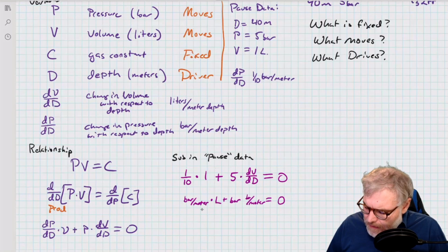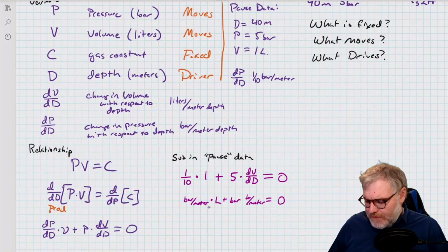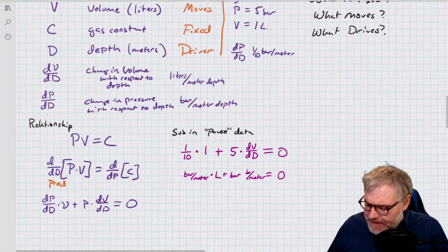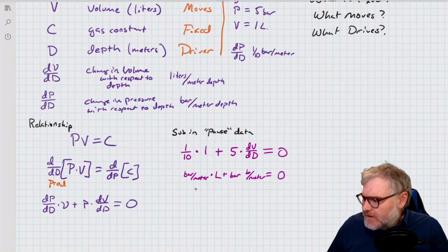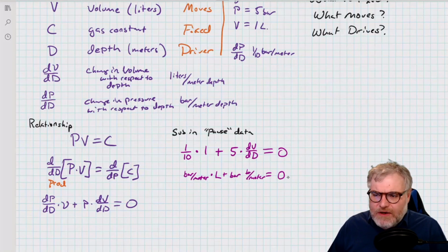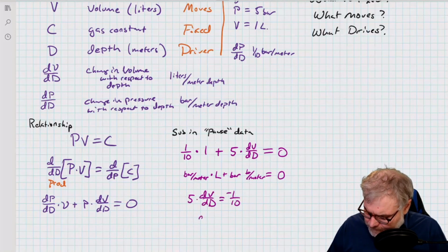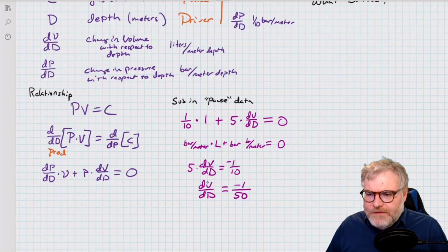So now I check to make sure that these things confirm. Notice that these things are added. I bet that one of these is going to be negative when I'm done. But I kind of did the relationship at the same time here. So when we do this over, notice this is bars per meter. So when I sub one of these over, I'll get the right units. And that's just what I wanted to check. Okay, and then I divide both sides by the 5. So I get